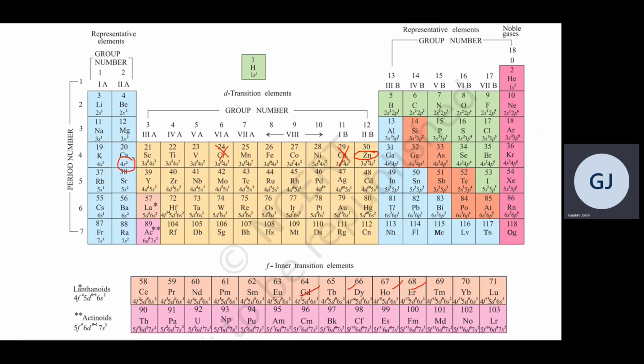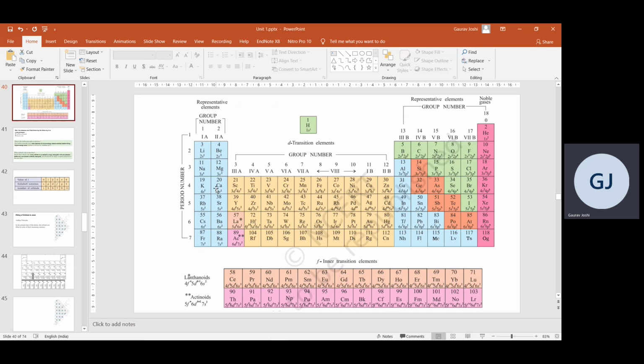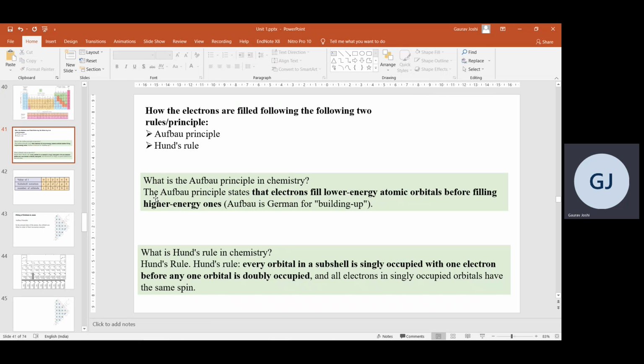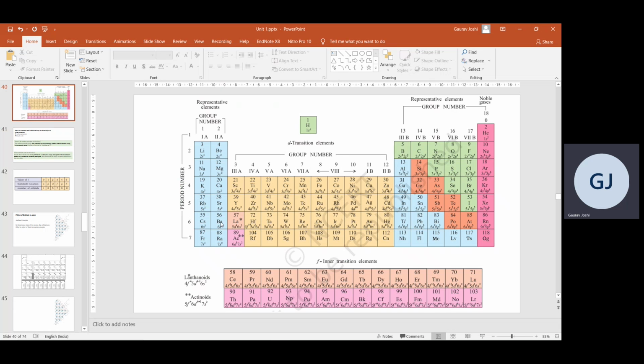So that is for today. What you can do is practice all these different electronic configurations. After this we'll give some examples and then move into the trends. Basically, what are the trends in the periodic table, what are the groups, what are the periods, and how electronegativity, atomic radii, ionization energy and electron affinity change as we move along a group or a period. We'll be discussing those things.